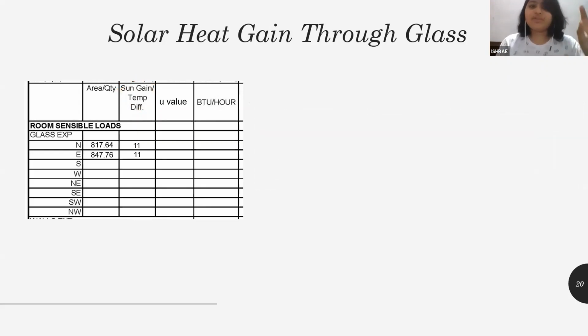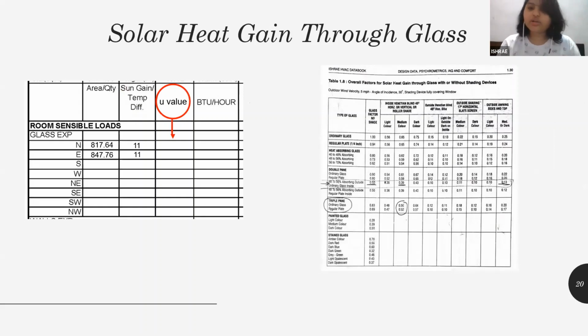Okay. Once we are done with the solar heat gain, we need to select the U factor or the type of glass. Now we have given a sheet here in the handbook for you to select the type of glass with the U factors right in front of you. But please don't keep yourself limited to this sheet, because you can go on Google, find better kinds of glass with much better U factors, and come up with some nice ideas of how you can use your glass to make your heat load more efficient. I can't speak anymore, otherwise I'll be giving away some good ideas.